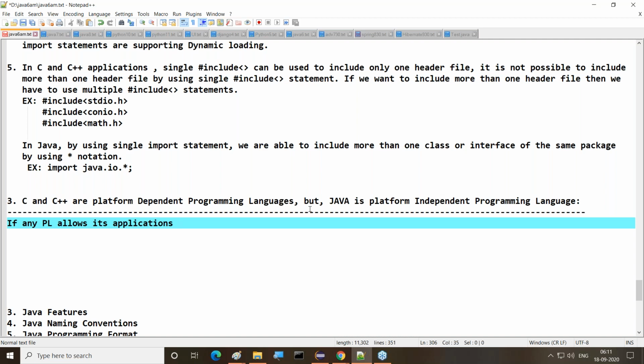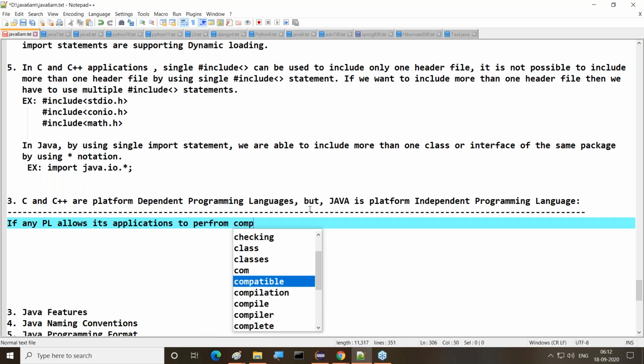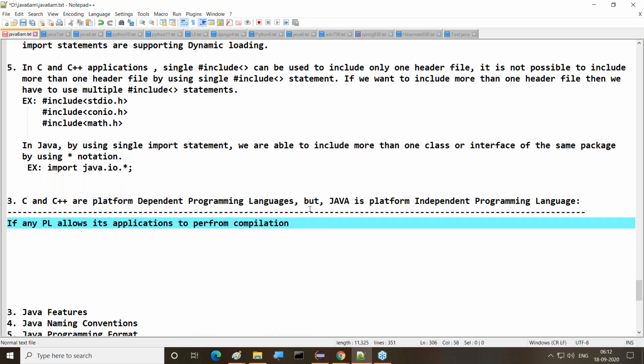If any programming language allows its applications to perform compilation and execution on the same operating system, not on different operating systems,